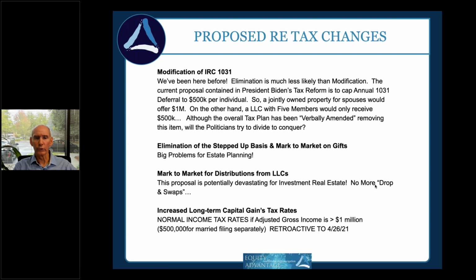Think about what's called an UPREIT. With an UPREIT, you can't exchange directly into a real estate investment trust, but you're going to exchange into an asset that's absorbed by that REIT. And in today's world, that can happen. If they go mark to market on these things, that's going to eliminate that whole option and really that whole industry. I love UPREITs. I think they're sort of the ultimate installment sale. If this stuff happens, it's just going to shut it down.